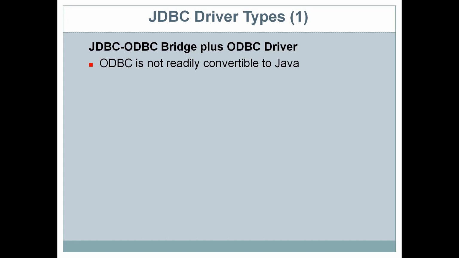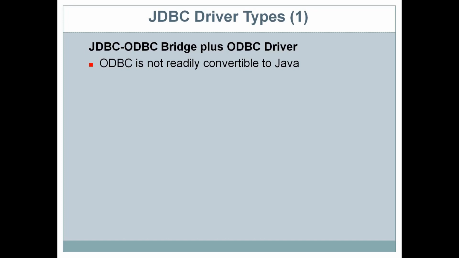Now if you look at this JDBC ODBC bridge, you will get to know that in this type of driver both JDBC and ODBC are used. You know about JDBC and ODBC now. Both are APIs which are used to connect to a backend database. But when I say JDBC ODBC, both the APIs have been used to connect with a backend database. Now in this case, our application communicates with JDBC. JDBC again converts the application call into ODBC calls, where ODBC is connected to any database on the system.